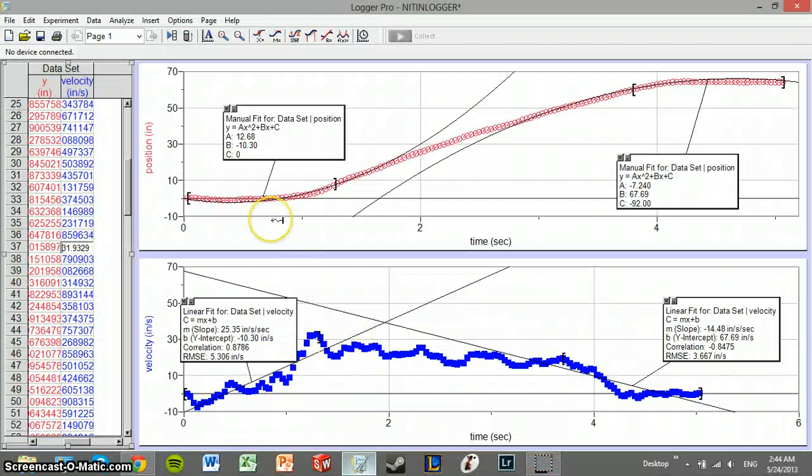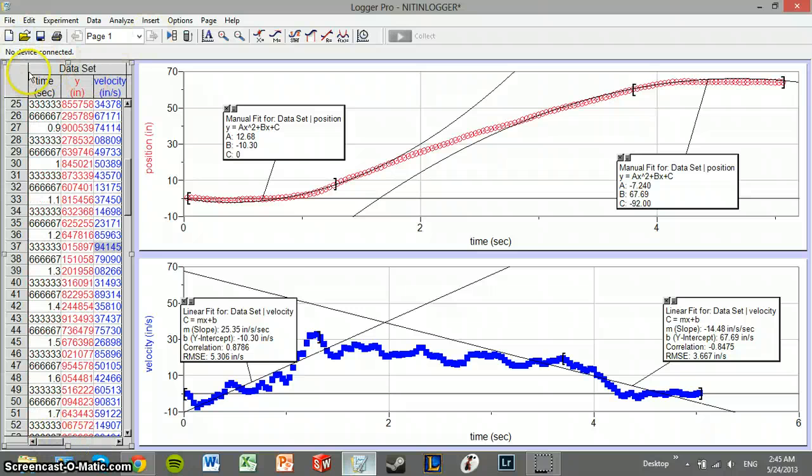So what we want to do right now is using that video we got. We put that video into Tracker, and what Tracker did is it found all the points for the movement of the car. It tracked the car and recorded how fast it went at different times based on the different variables I gave it, like velocity or displacement. I don't have that with me right now because I was not able to download Tracker on this computer. But from that we can just take the data and copy paste it into